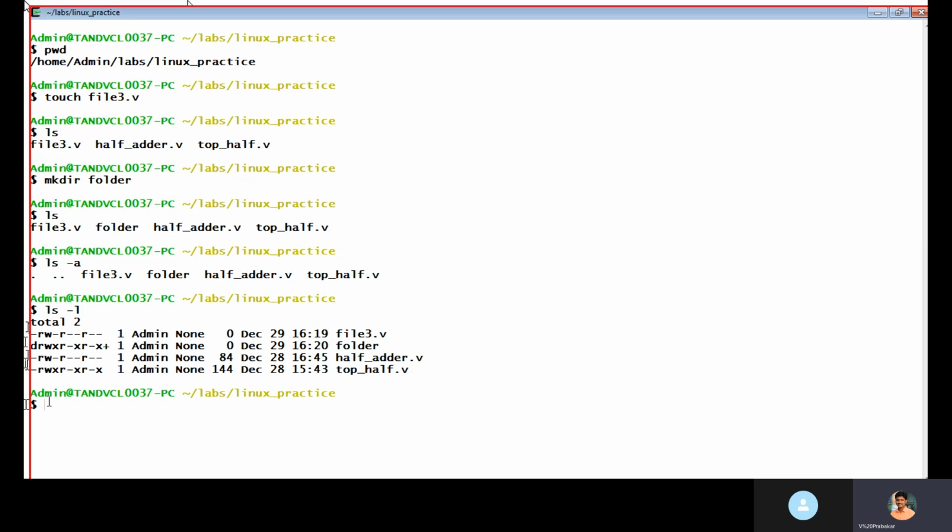Now, there is one advantage of using the touch command. Here I created file3 on December 29 at this time. Assume that I created some file on some other date, then I opened that file again and modified something. I want to save the date when I modified that file, that means when I touched that file. So with the help of the touch command, touch